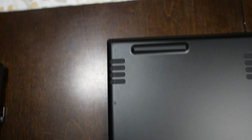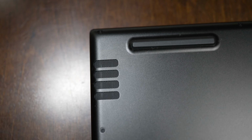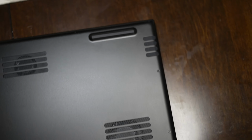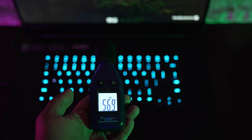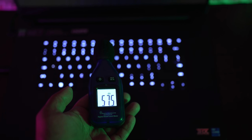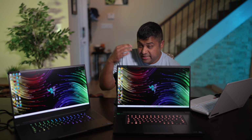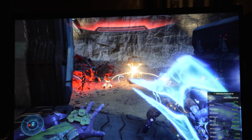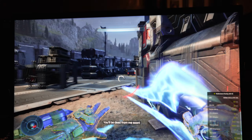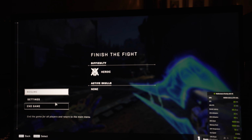Next, thermals. So good, really, really good. This year they've added more ventilation ports at the bottom of the laptop, and the fans are a little bit better, and that gives them the ability to get the TGP up to 165 watts with dynamic boost. And I'm happy to say, in a lot of games, in GPU intense games, it's hitting close to the 165 watts. I know I'm not in the performance section yet, but I think it's important to highlight that despite that it's pushing 45 watts almost consistently on the CPU when it needs to,